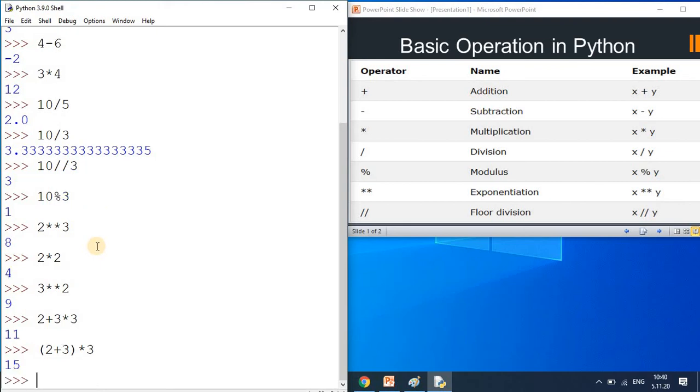So in this way, whenever we have more than one operator, there will be the use of priority. Okay, you can say multiplication and division are solved first, then addition and subtraction. But if you use the bracket, then it will be solved first. Here I am just telling you the basic things. We are not going into the detail of the priority. So when you perform the operation, you may use the bracket also.